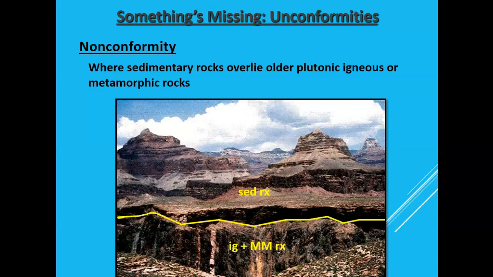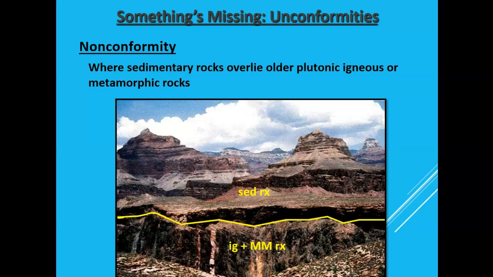And why is that true? The argument is that both those rock types, plutonic igneous and metamorphic rocks, form deep inside the earth. Sedimentary rocks, how do we get those? We weather surface stuff, and the material washes down and lays on the surface of the earth and then slowly builds up. Well, I can't have pieces of rock land on a plutonic igneous or metamorphic rock because they form miles inside the earth. The only way to get a sedimentary rock that's depositional touching one of those rock types is